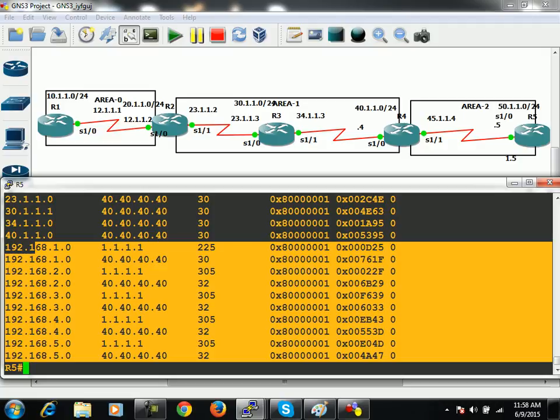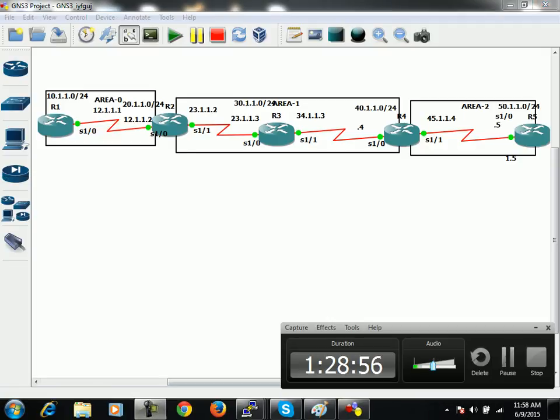In OSPF, the LSA refresh interval is 30 minutes. Timeout is by default 60 minutes. Rest of the things we'll discuss in the next class now. But see, we are